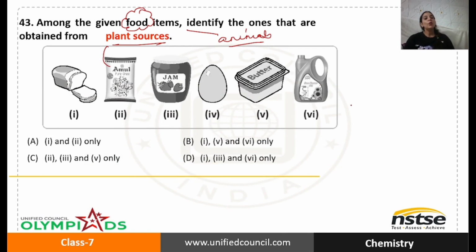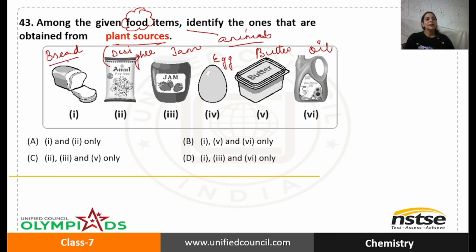We need to pick only those things that are obtained from plant sources. So first one is basically a bread. Second one is a desi ghee or pure ghee, you can say. Third one indicates jam made up of fruits. Fourth indicates an egg. This one is already written butter, and this one is oil. So out of this, which are obtained from plants,